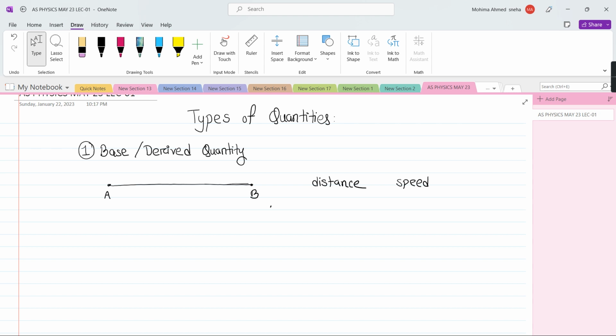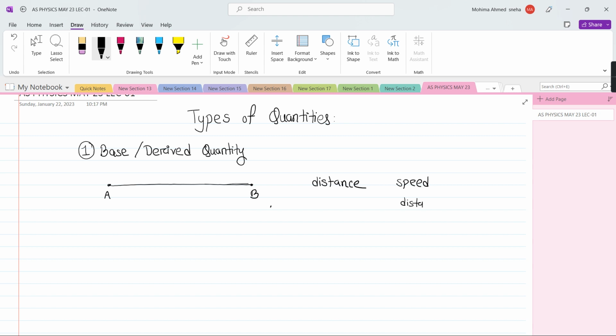What you are doing is that you are directly working on your quantity. You are directly measuring the value for distance. You are directly getting the value for distance. But when you are asked to calculate speed, what you do is that you first measure the